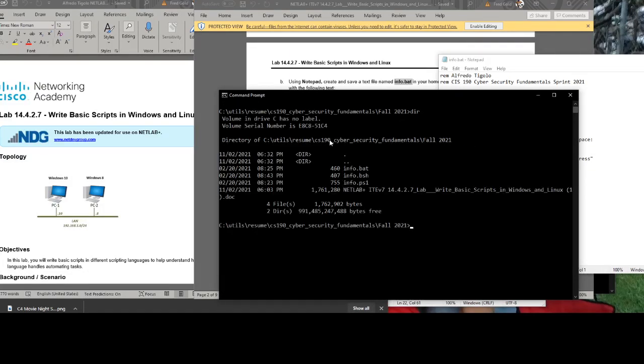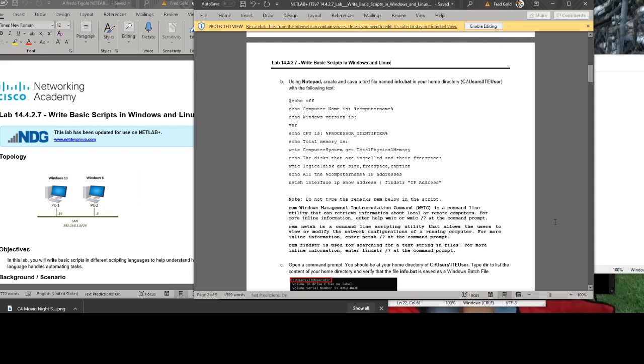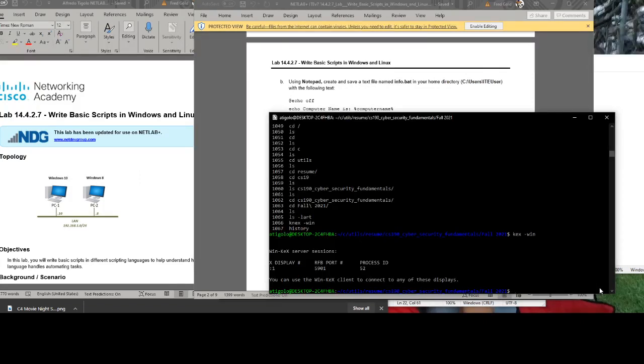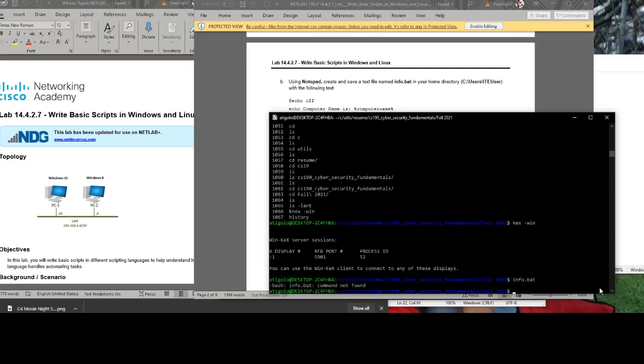Okay, so in these files, I have 3 scripts. The actual Word document that we're reading this off. There's the bash and the bat and the power script. So this is an example of the bat file, and then you just have it like so, and just run it. So the name of the file is info.bat, and